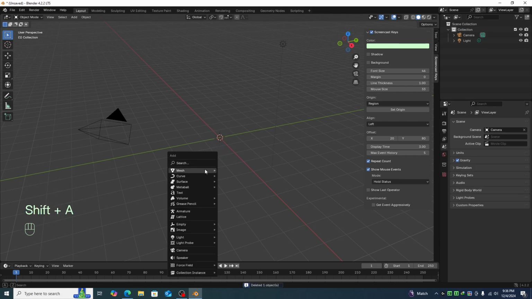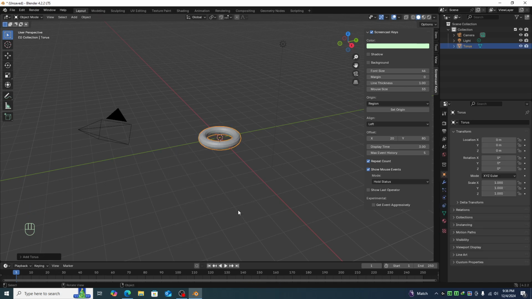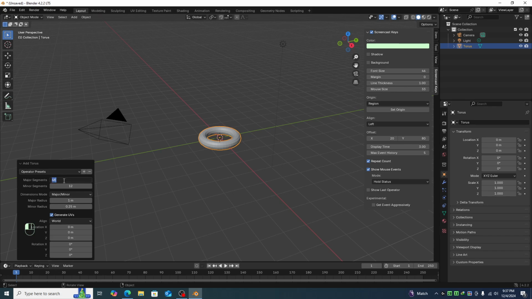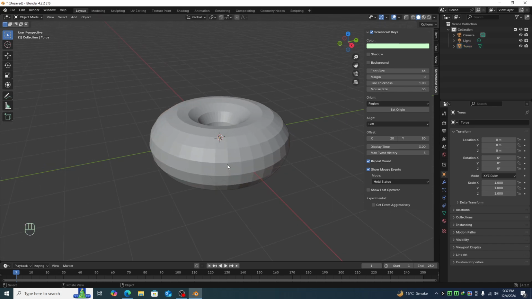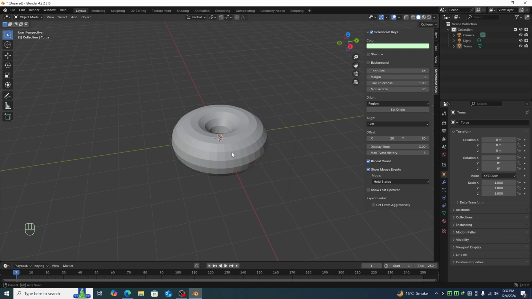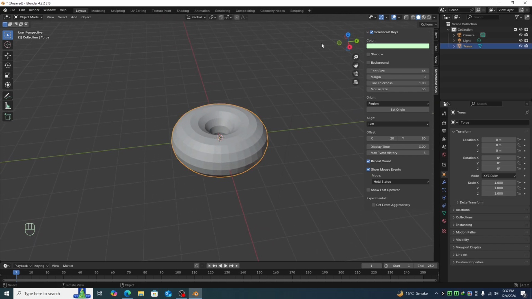Shift A and place a torus. Click on the add torus window, and for major segments give 40 and for minor segments type 16. Then increase the major radius a little bit and increase the minor radius like this. So we have a donut type shape, and then